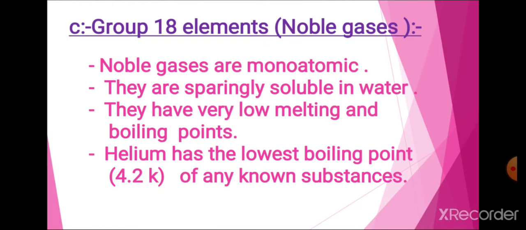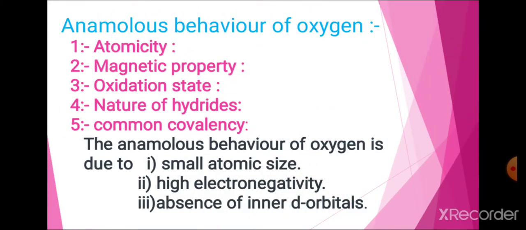Then next to this is the anomalous behavior of oxygen. Anomalous means different behavior. In Marathi we call it asangat, different from other group members. Like a usual trend in p block elements, oxygen, the first member of group 16, differs from other members of the group. This anomalous behavior of oxygen is due to